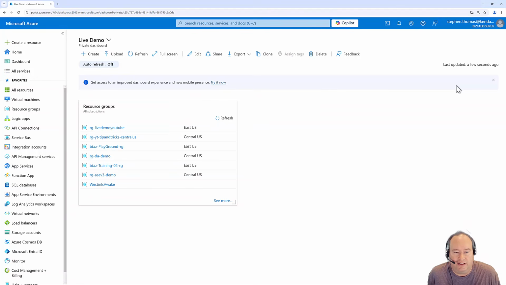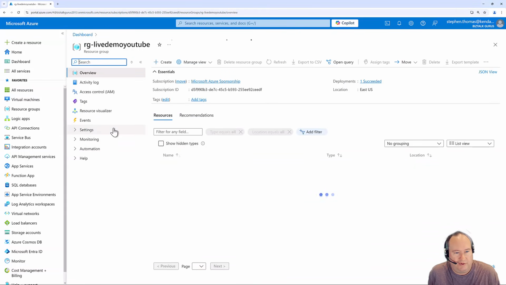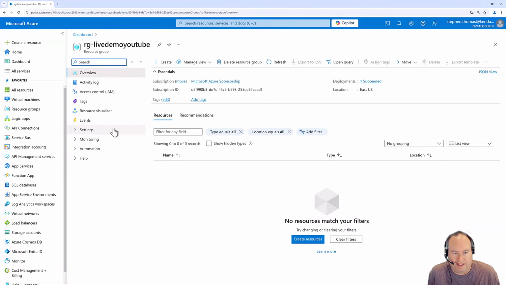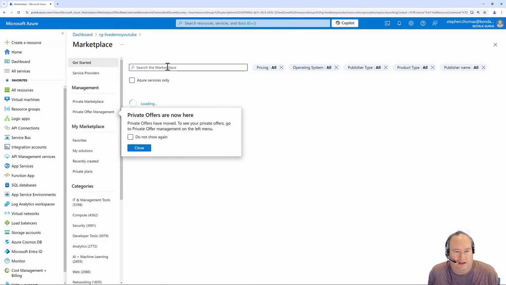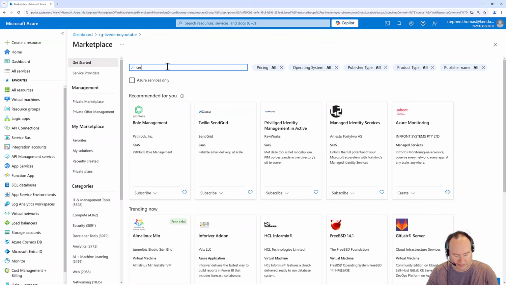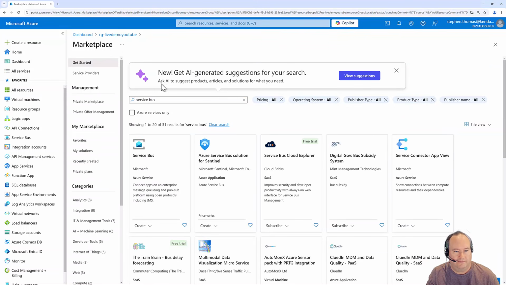I've already logged in. I've jumped to my live demo dashboard, and let's go ahead and jump into my resource group and see how we can create a new Service Bus namespace. We go up here to create, and I'm going to select Service Bus and come down here to create